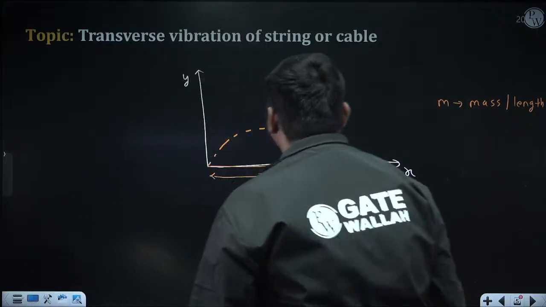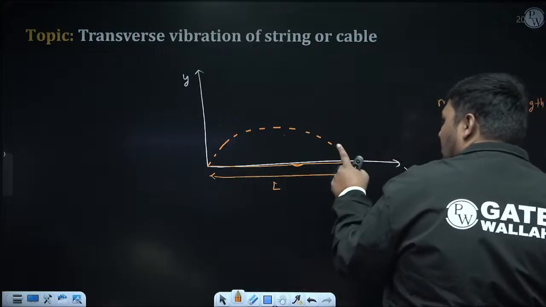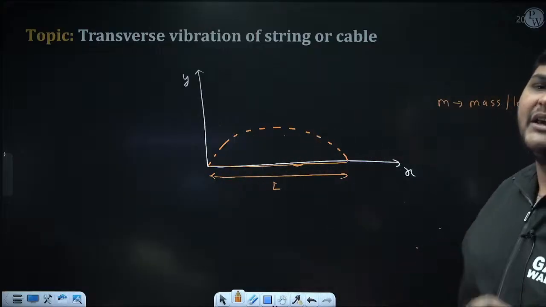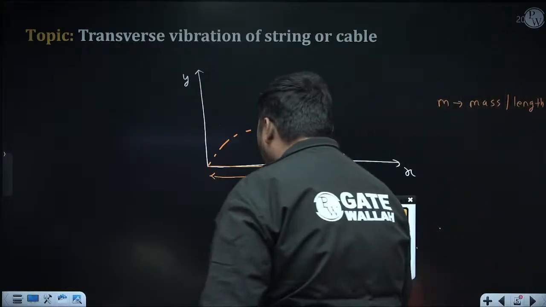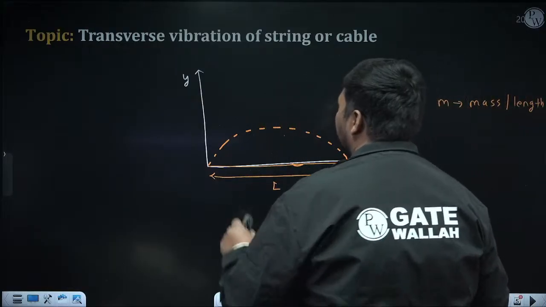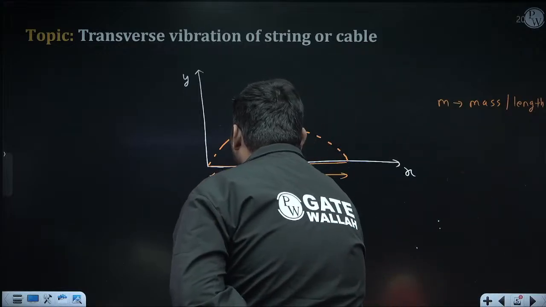But I am not saying the displacement is always like this. It can be like this also. It can be like this also. Just for understanding, I am taking any diagram. Now, suppose that during vibration, the displacement at any distance, suppose I am taking any distance x,